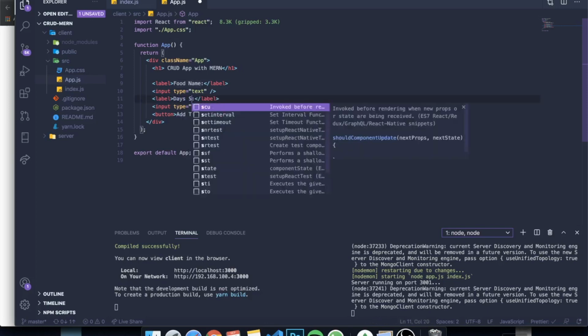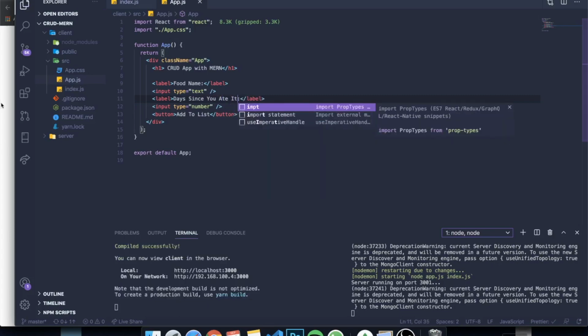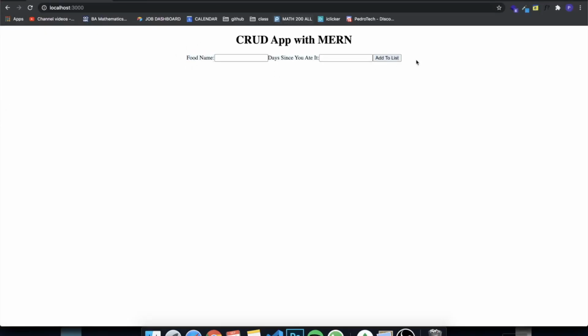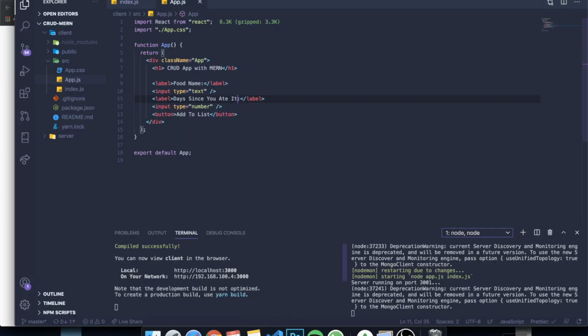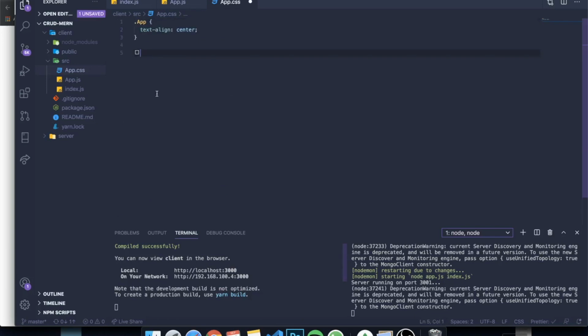Days since you ate it. Okay, we can save this, and you can see they appear right here. However, we're going to be working with some CSS because it's kind of ugly for now. I'm going to erase everything that came with the CSS file, and I could just come directly here and on